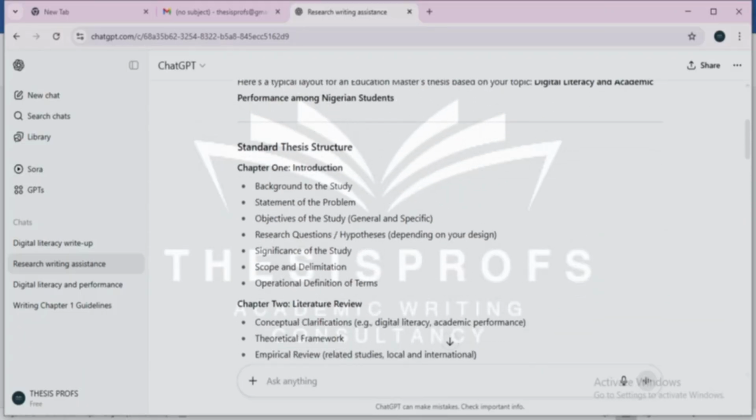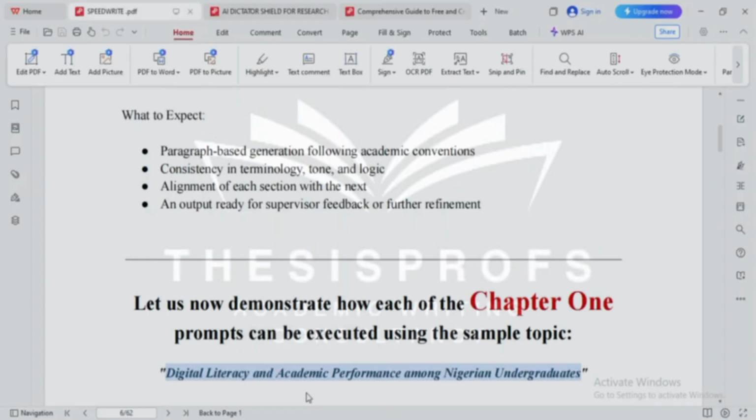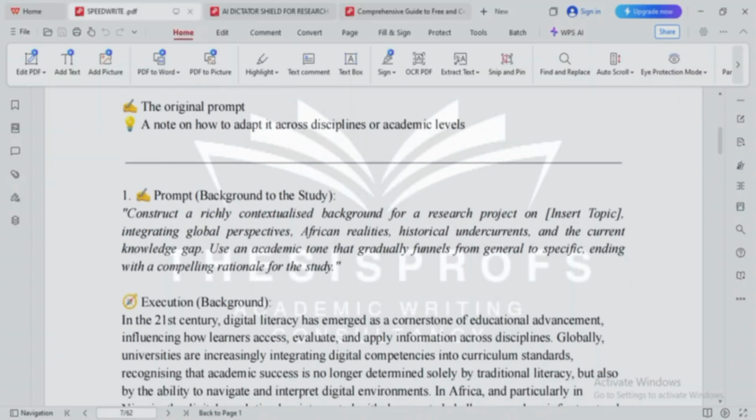And we begin to go now. You're not lost anymore. You're not confused. You're not stuck. You have something to work with. So you can see it provided the background to the study, the statement of the problem, and as soon as you're done with the background to the study, the next thing you're going to work on is the statement. And we also have a created prompt here for